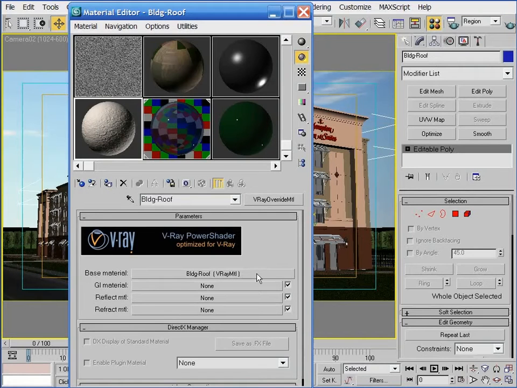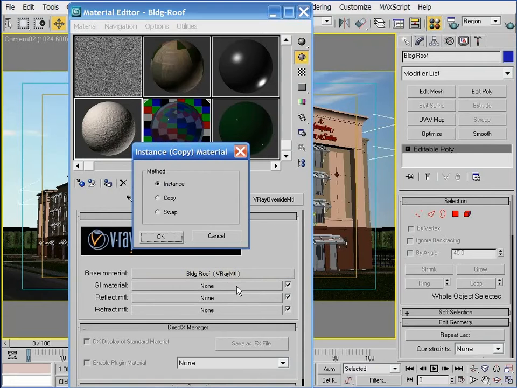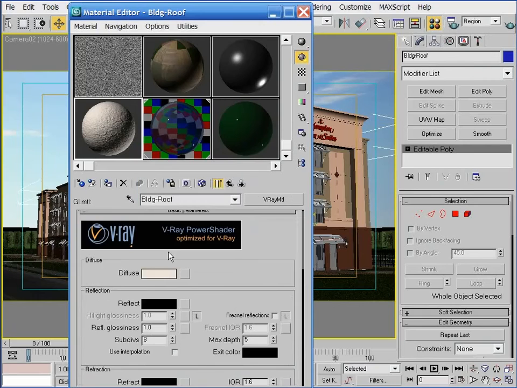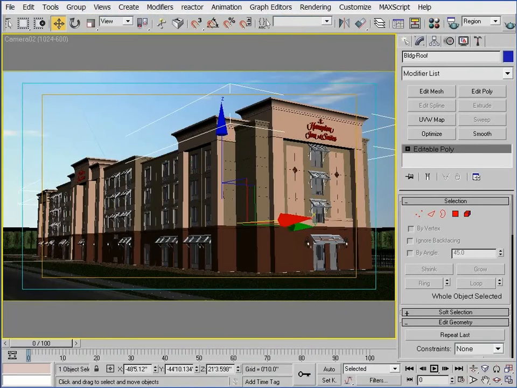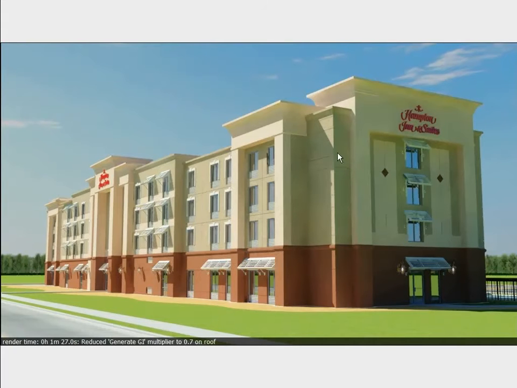And I could have just simply copied the base material into the GI reflection channel and toned down the diffuse color in the GI reflection channel. Either way would have been fine. Either way would have yielded the same result in the end. The next appearance change I want to make is to make these harsh shadow lines throughout the image not appear